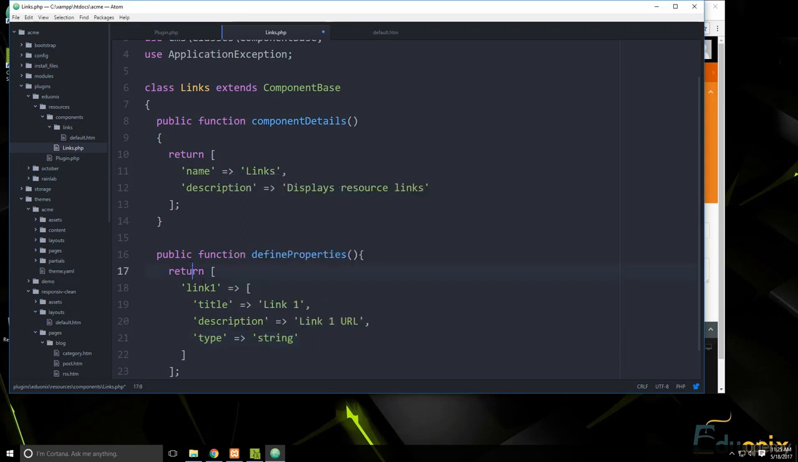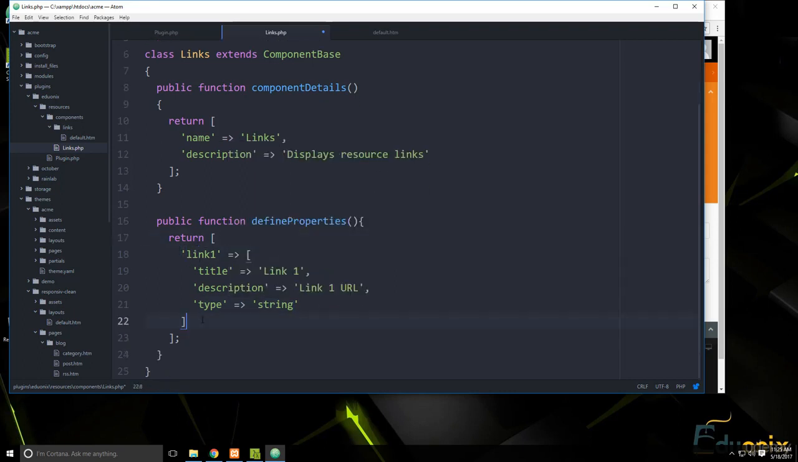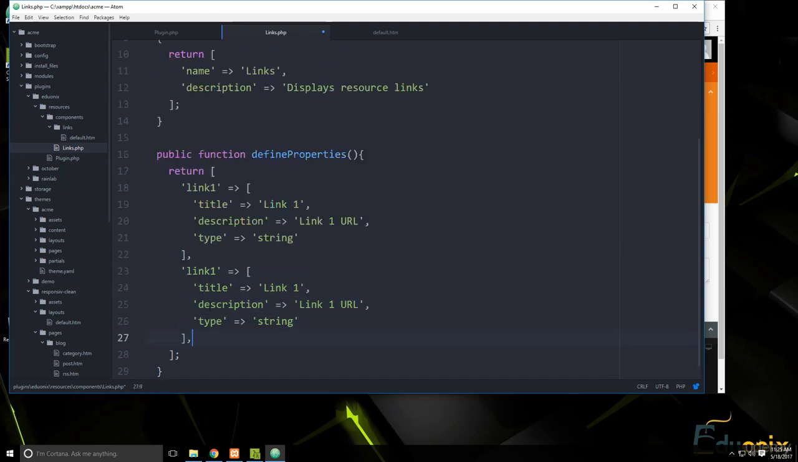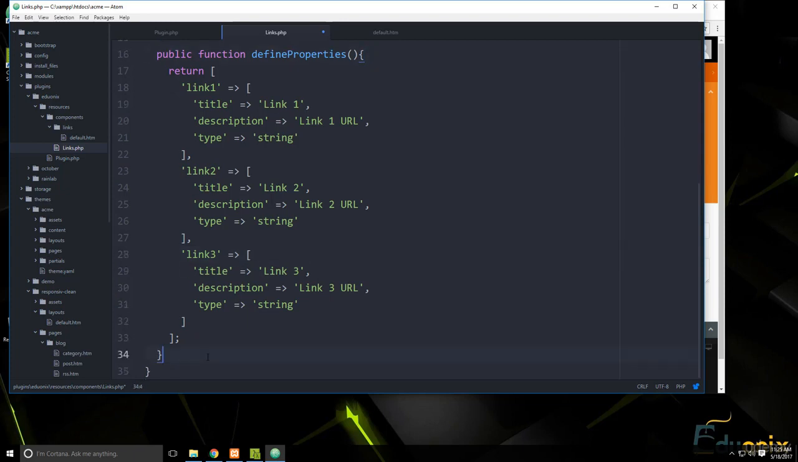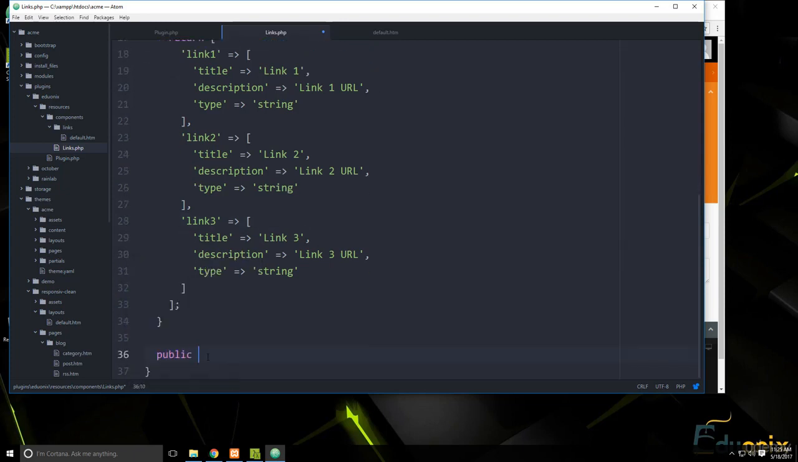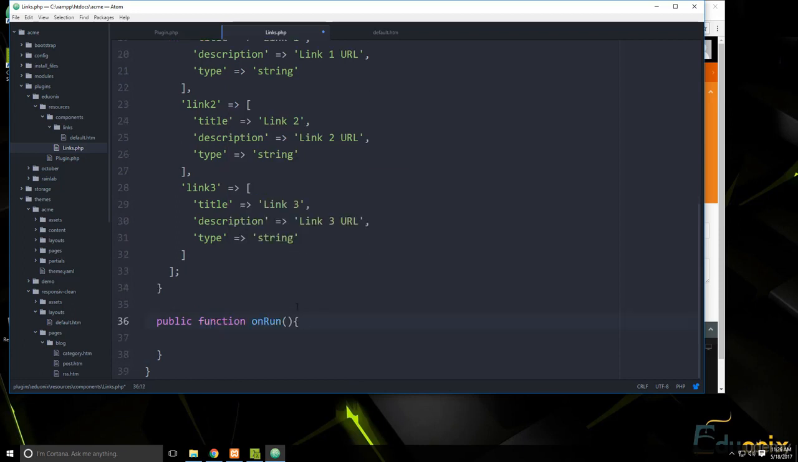Okay, so we'll have link 1, link 2, and link 3. So let's put a comma here, and then we'll just copy this, paste it in twice. This one will be link 2, and this one will be link 3. So that's the properties. Now we need a function called onRun, and that's going to fire off when it's loaded. So let's say onRun,